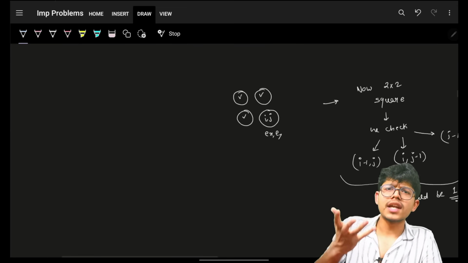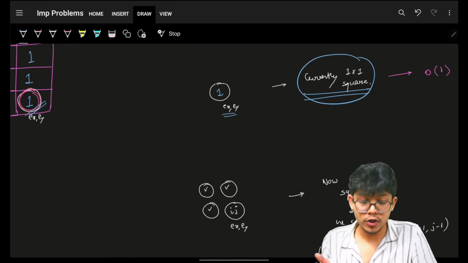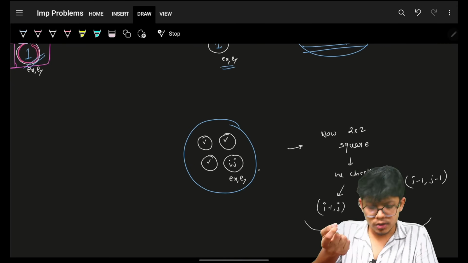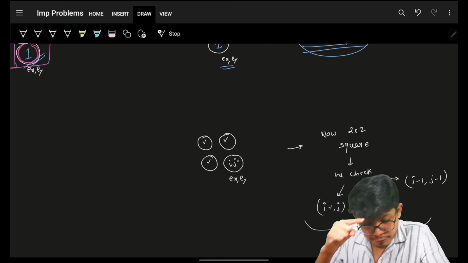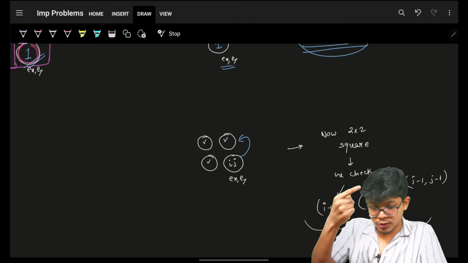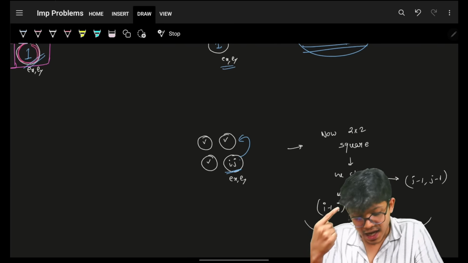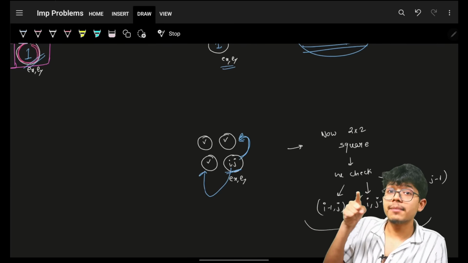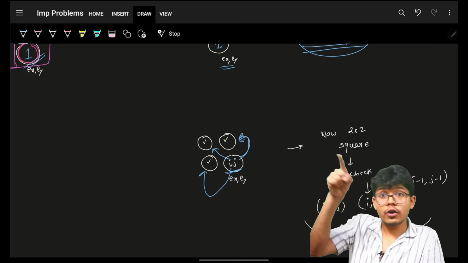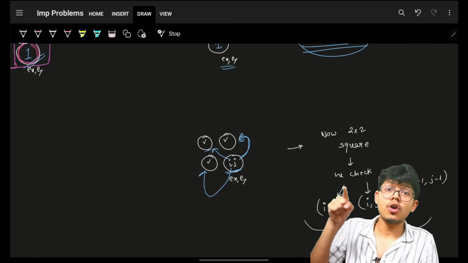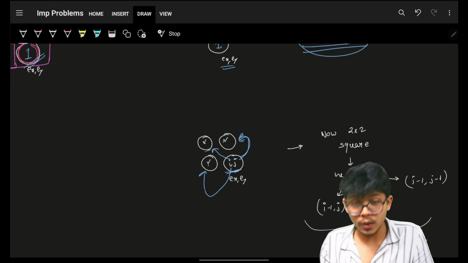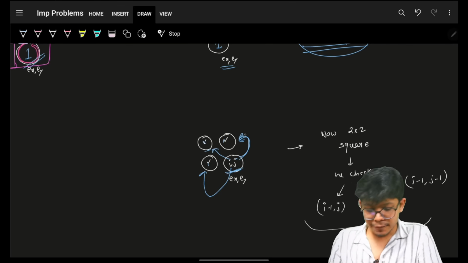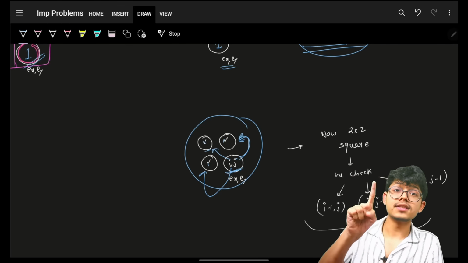Okay, let's try for a bigger square. After 1 comma 1, the next bigger square is 2 comma 2. So I will go on to that cell. For that, if I am at i comma j, I have to check the above cell, which is i minus 1 comma j. I have to check the left cell, which is i comma j minus 1. I have to check the diagonal cell also, which is i minus 1 comma j minus 1. If all these three are 1, only then i comma j should also be 1. If all these are 1, then only I will say that this is a 2 cross 2 valid